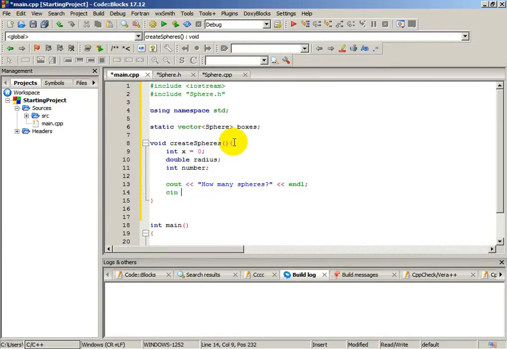And we will input a number as a response. It can be 2, 5, 10, it doesn't matter. This number will depend on which number we enter. And now we can create a while loop. While x is lesser than a number,